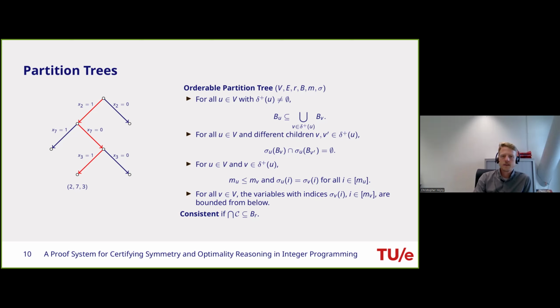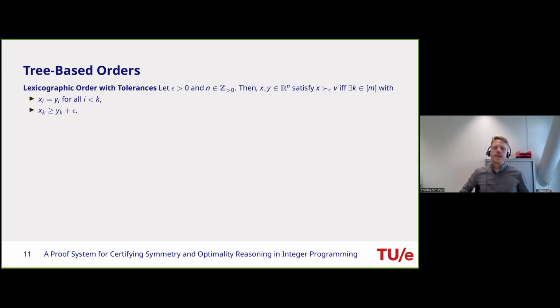So if that's not the case, then we can now define our tree-based orders that make use of these consistent orderable partition trees. And here we introduce this epsilon that we also mentioned in the main talk. And we assume that we are given a positive integer number. And then we introduce a strict lexicographic order or lexicographic order with tolerances by saying that x and y, if these are vectors in Rn, then they satisfy this binary relation x epsilon greater than y, if and only if